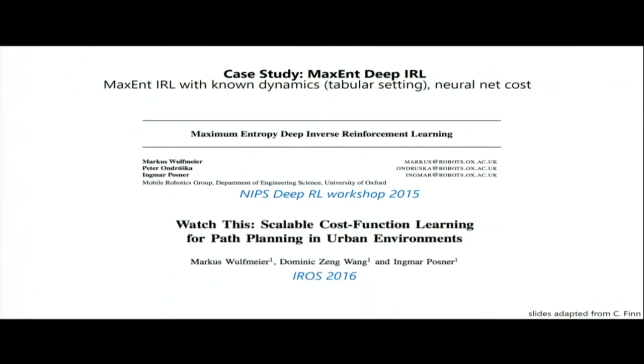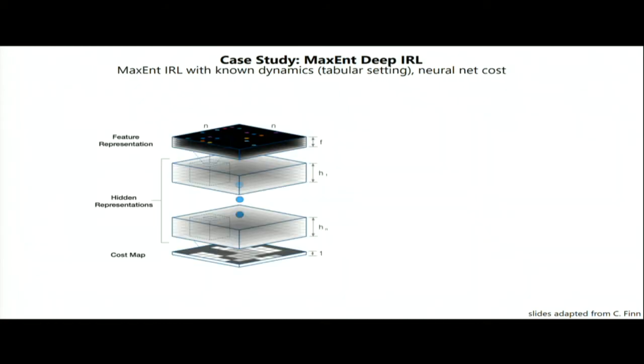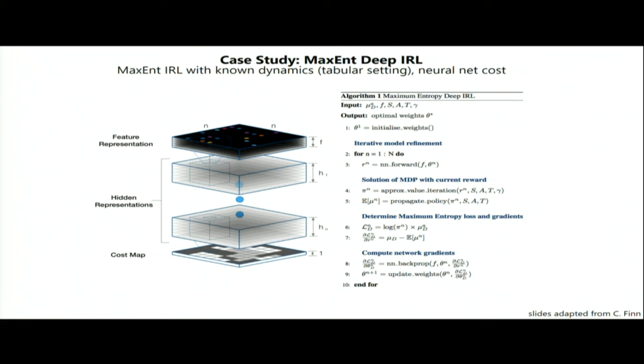Here's another more recent paper that looked at using the same algorithm, but with more complex reward representations. So in this paper, they still had a tabular state and action space, actually encoded as a grid world, but now what they did is they had a more expressive reward function representation. So the reward function was now represented with a neural network, and the setup was this, that they would have some sort of a discrete environment, like maybe a grid world, and later on some robotic environments where they did overhead navigation. And the same exact algorithm could be used in these environments to compute the state action visitation frequencies,